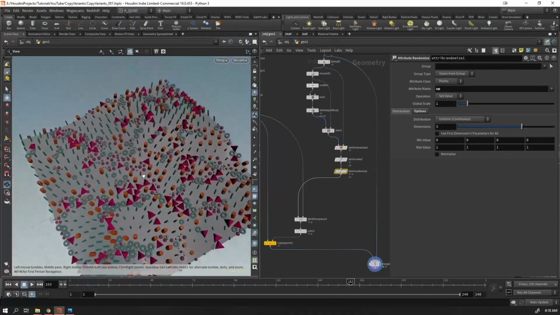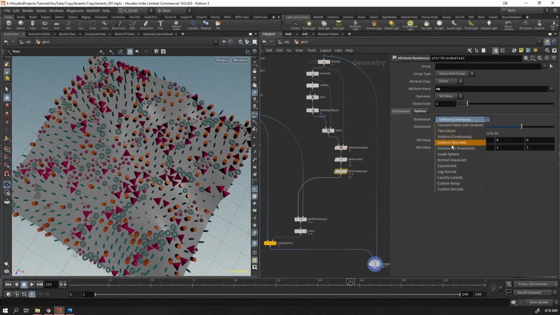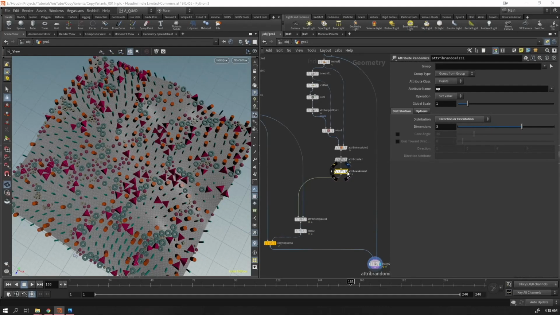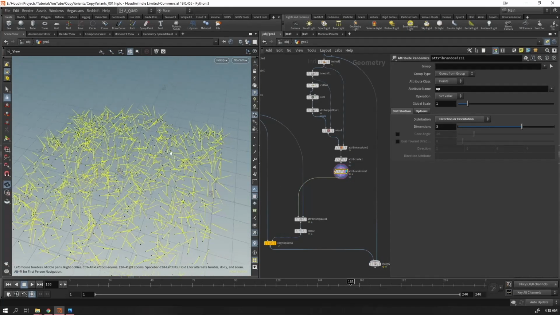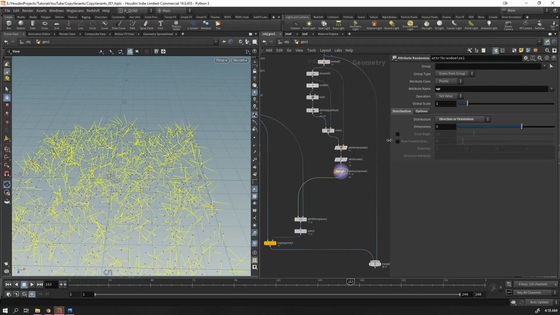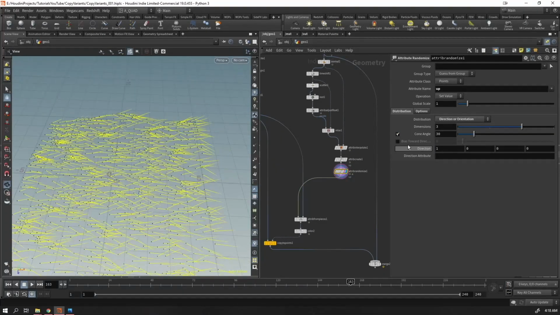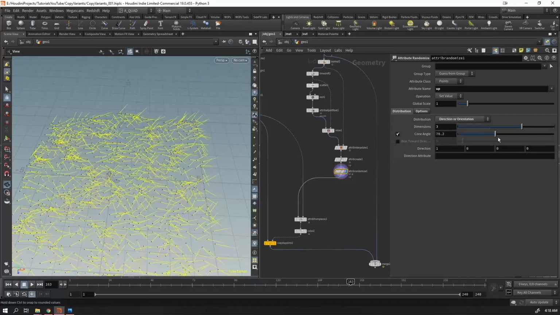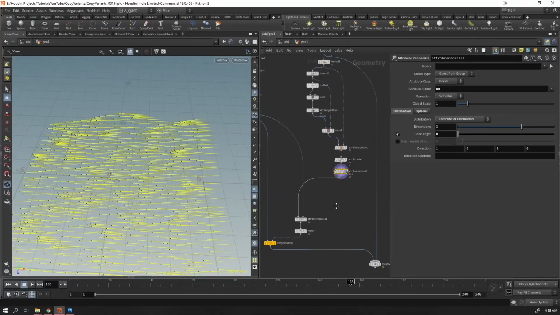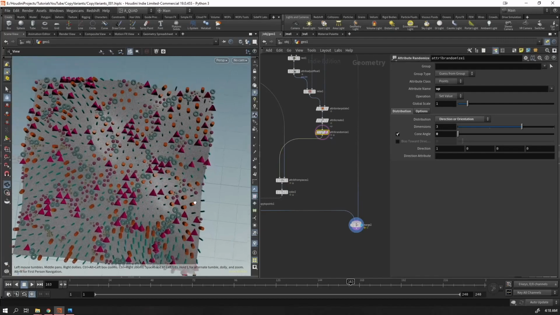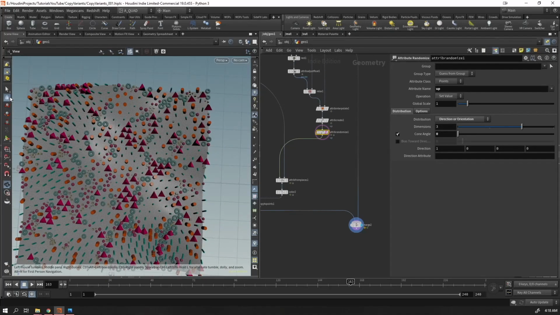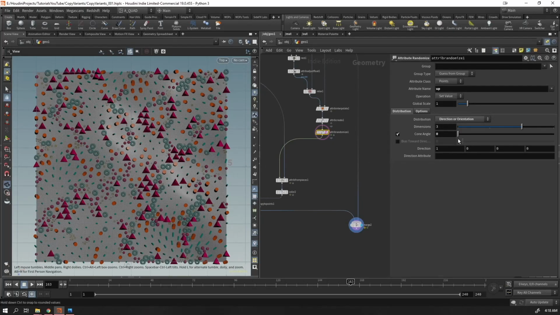So I'm just going to come here and say direction or orientation. If I go back there and visualize it, this is what I have. It's just too crazy. So let's change it to cone angle. This way I can actually play with the craziness. Here you go. If I visualize it, they're facing this direction. And as I change it, as you can see, we're actually changing the